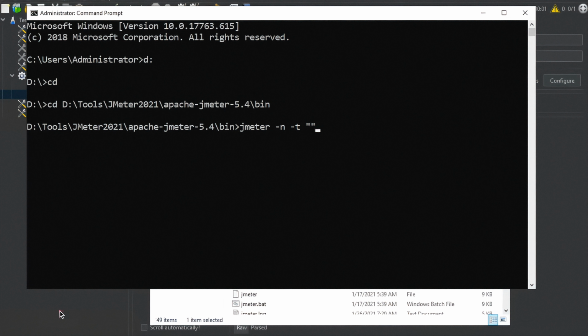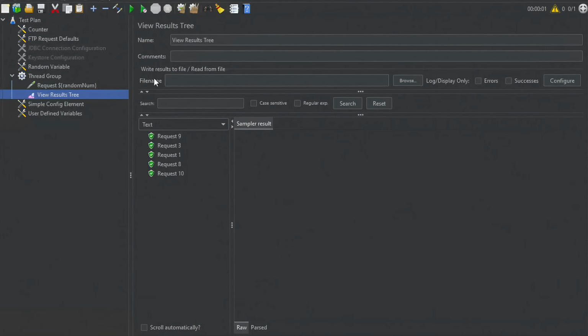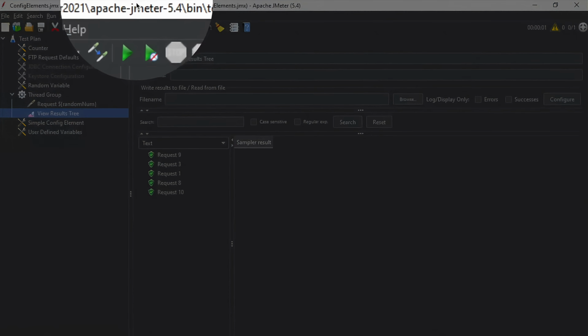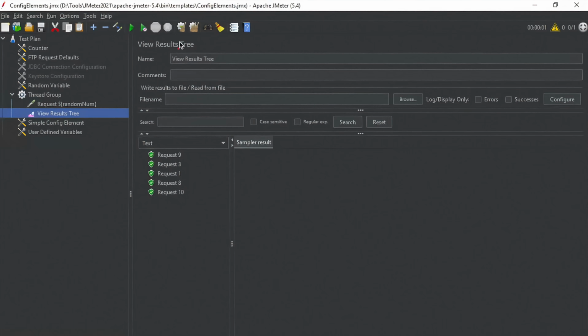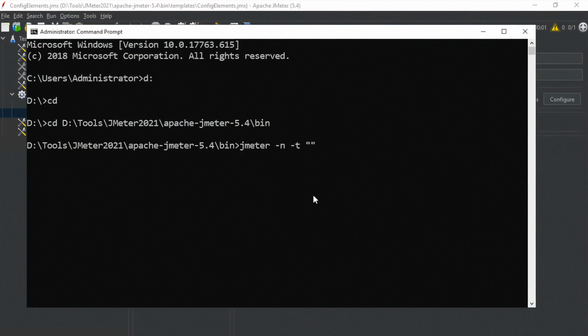Now the test plan I am going to use is the same that I'm using here, and if I go to the top and see, this is the location. It is in my JMeter bin folder, and then templates and config elements.jmx. So in that case what I can do is I'm already running this command from my bin folder, so I can directly go to the templates and then I will say config elements.jmx. Now in Windows backslash works, but if you are on Mac or Linux you can use a forward